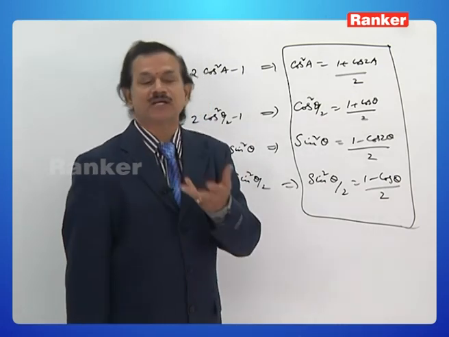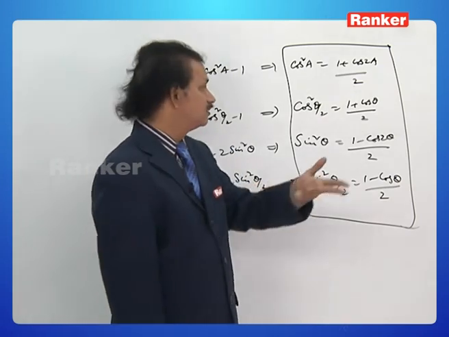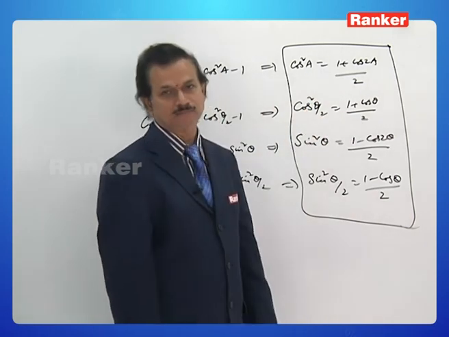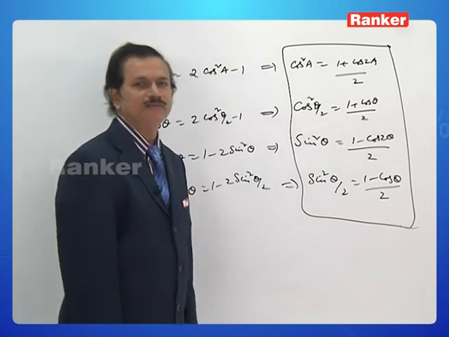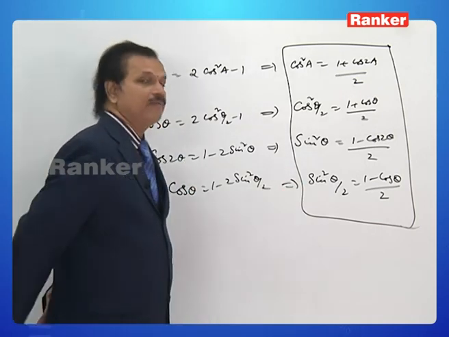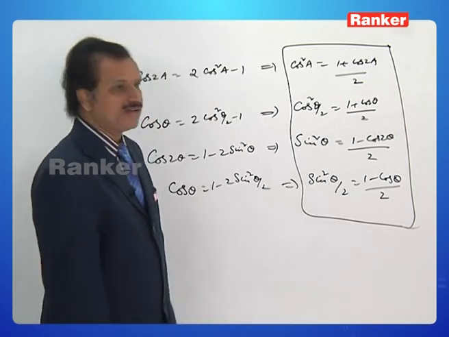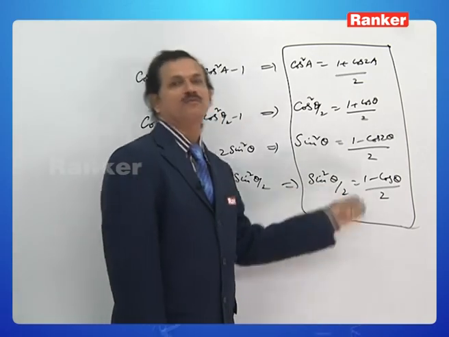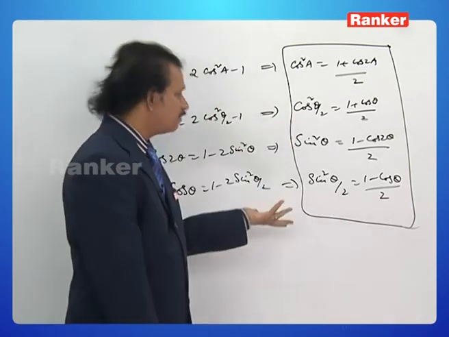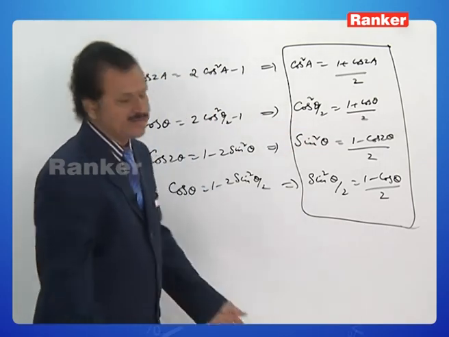I would like to calculate cos 7.5 degrees. You put theta is equal to 15 here. 1 plus cos 15 by 2. Like that, you will be able to have the answer, isn't it? I have given sine square theta by 2 only, but not sine theta by 2. If sine theta by 2 is required, plus or minus root of 1 minus cos theta by 2. If cos theta by 2 is required, plus or minus root of 1 plus cos theta by 2. Like that we have